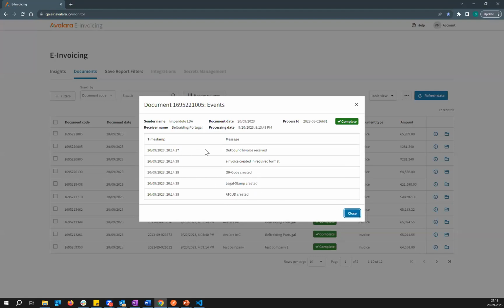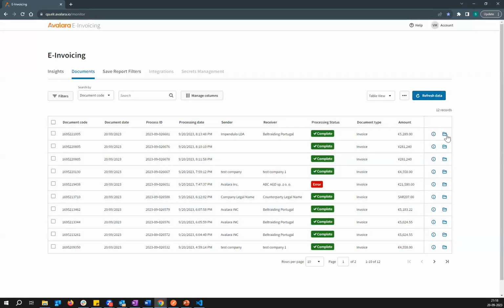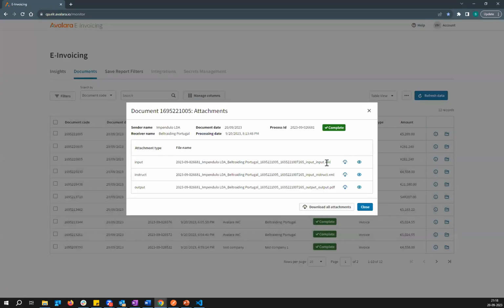Any document that is submitted goes through multiple events, and this shows the events along with the timestamp. And this shows the attachments. It contains the input document that got used, the instruct file, which is used to generate the output file. You can download all the attachments.